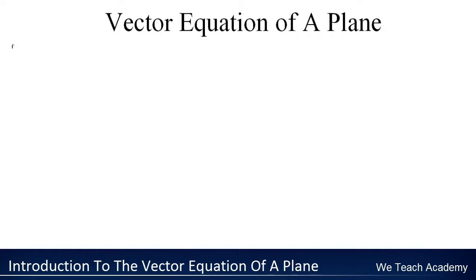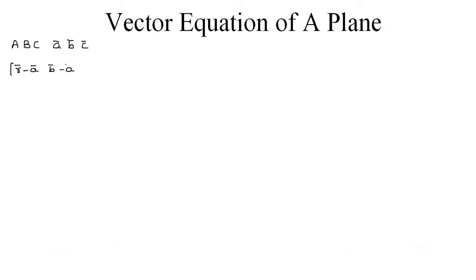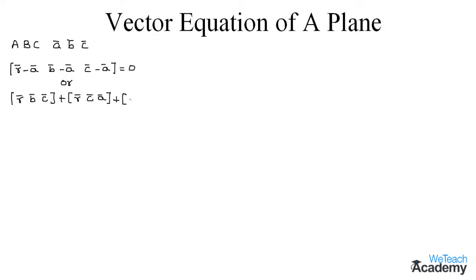The vector equation of a plane passing through the non-collinear points A, B, C having the position vectors a bar, b bar and c bar is given by the box [r bar minus a bar, b bar minus a bar, c bar minus a bar] is equal to 0. We also have another formula for this, and it is box [r bar, b bar, c bar] plus box [r bar, c bar, a bar] plus box [r bar, a bar, b bar]